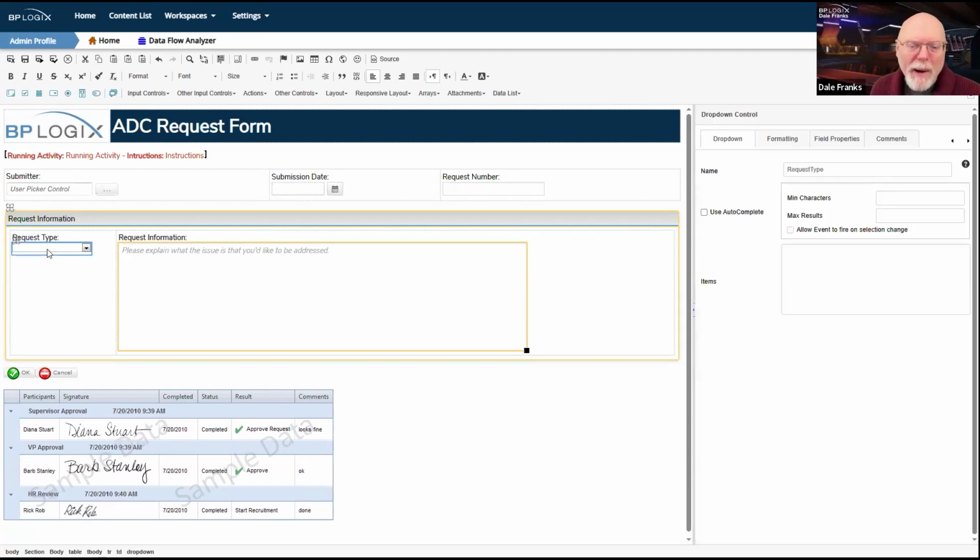All right, let's go back to this drop-down control because we have a decision to make. This drop-down control is going to store the different types of requests that we are going to allow people to make. Now, I've got a couple of different ways to configure the options for this particular dropdown.